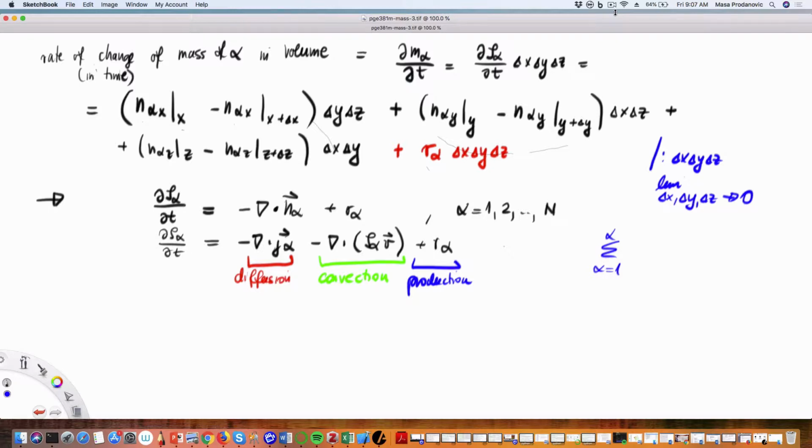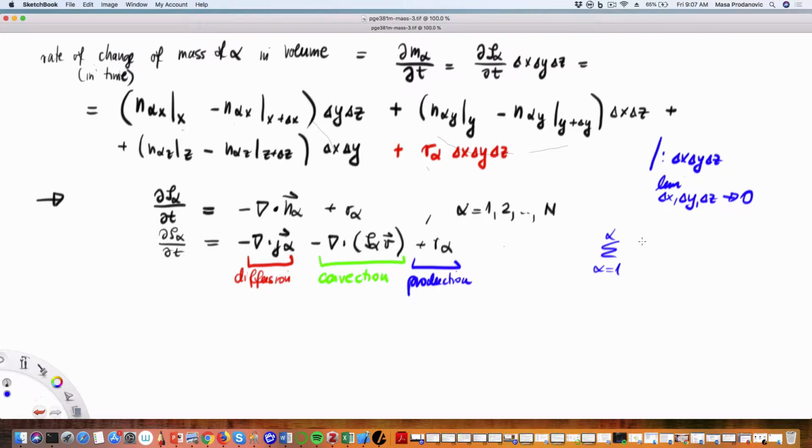d rho alpha dt has contributions from diffusion, what walks into the volume element just due to diffusion. Then convection, what's carried into the volume element, and production if we actually have any chemical reactions. Now, one thing we are wondering: what happens if I sum all of these contributions up? Technically, I should get a continuity equation for that phase whose density we denote with rho. So if we quickly do that,